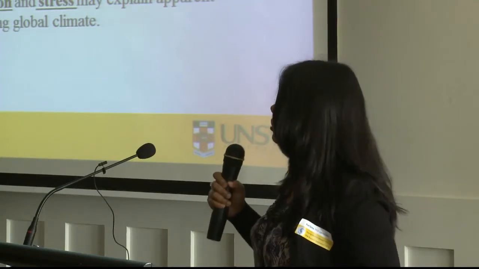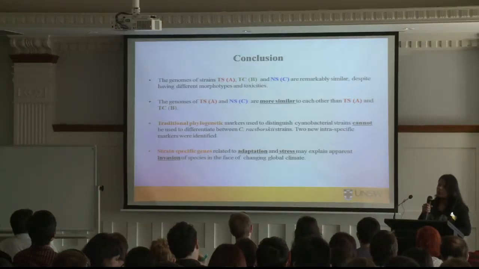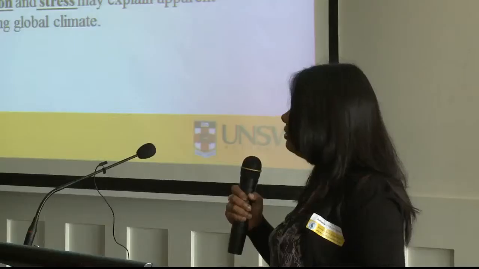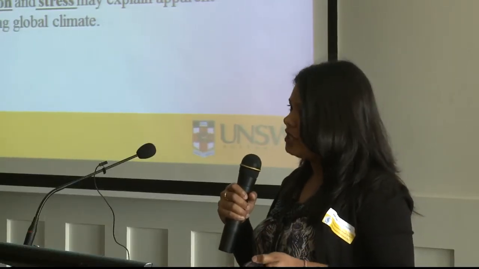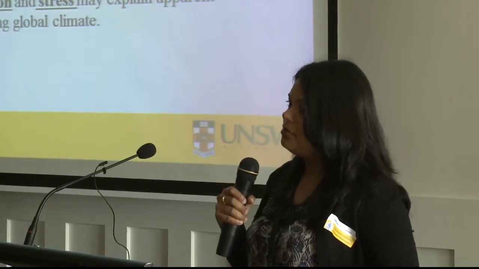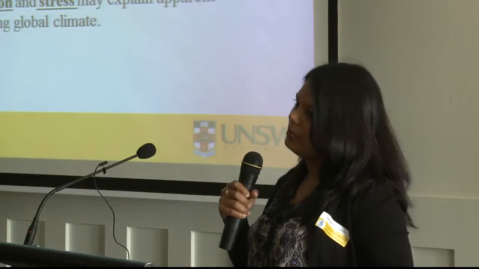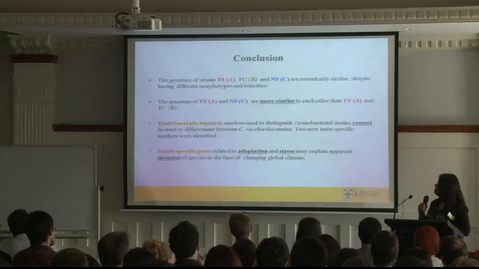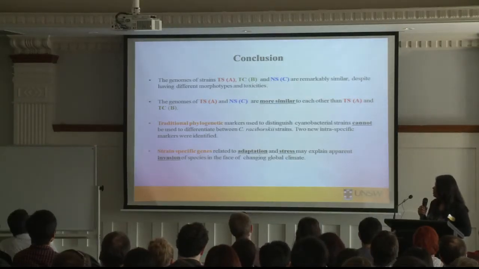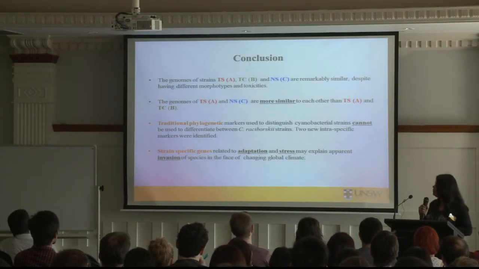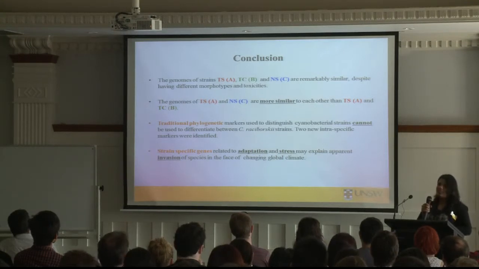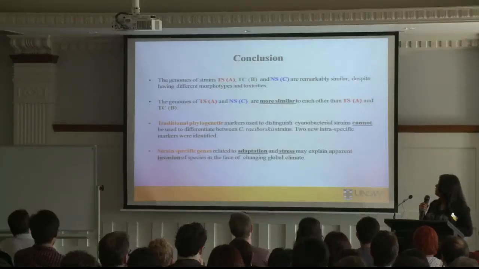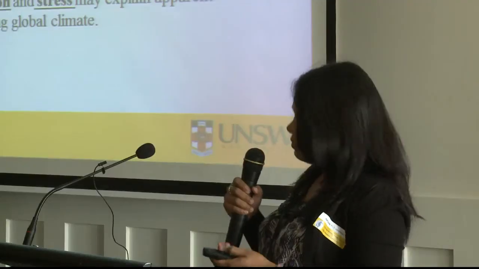So in conclusion, we found that the genomes of all these three C. resiboskii strains, whether they are straight in morphotype or coiled, or they're toxin producing or non-toxin producing, are all very similar. But we found that the straight morphotypes were more similar than the toxin producing ones. We've also found that traditional phylogenetic markers cannot be used. And importantly, we found that all these organisms basically evolve or acquire strain-specific genes that help them adapt and survive better in their environment. So with that,